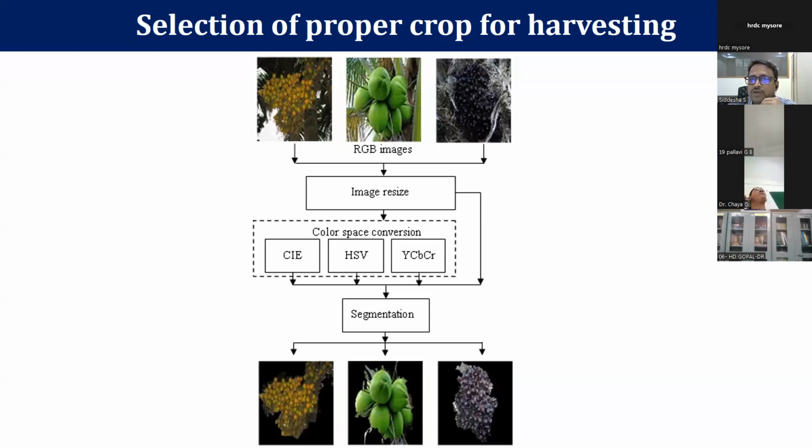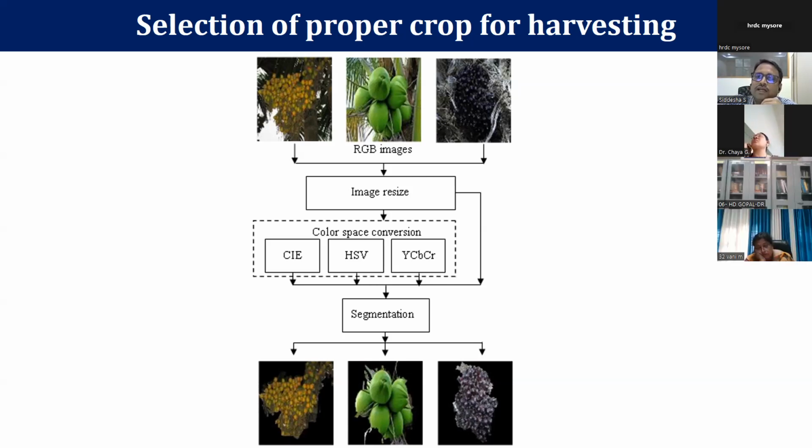Actually, we tried to build a complete harvesting system, but with only machine learning and AI knowledge, we were able to build only the vision system, because we cannot adapt that into an autonomous vehicle. Once again, it needs the intervention of electronics as well as mechanical areas. So we developed just a vision system. Any image will be given, and it considers which part is the crop, neglects the background, and considers only the foreground in order to capture the respective crop.